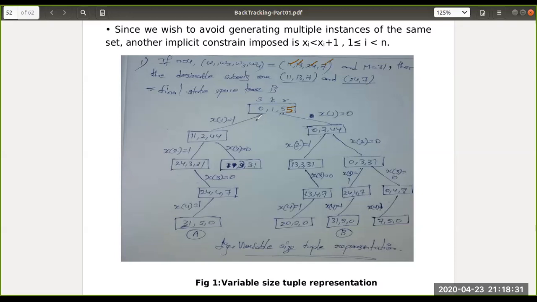So 55, decreasing by the weight of the first item, 11, gives 44 at the second level. The same procedure is applicable here also. After construction, I get the answer A and B. So if I include it, then the level will be added as the second iteration and decreased with the first item weight, so 44. If not included, 0 only to 44. Like this, I am going to construct.